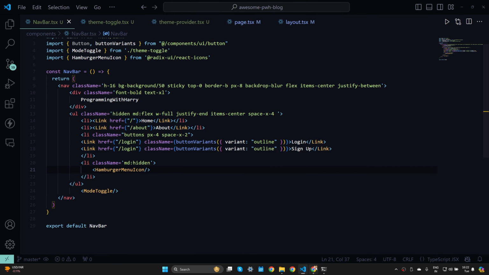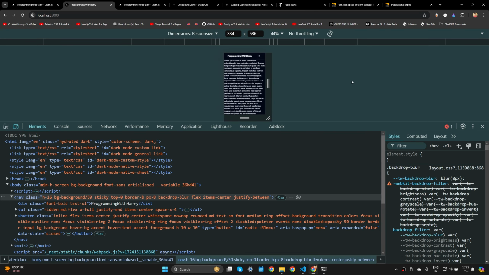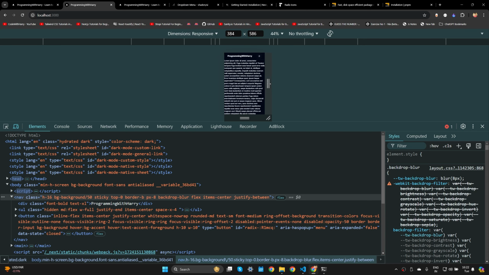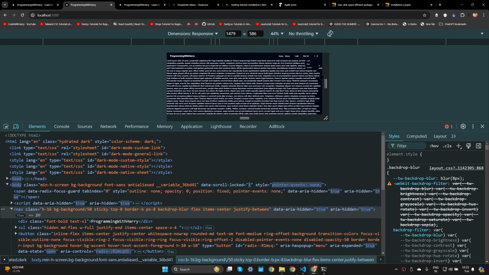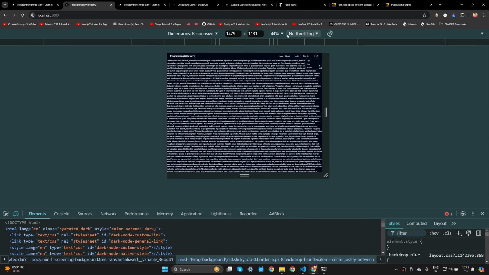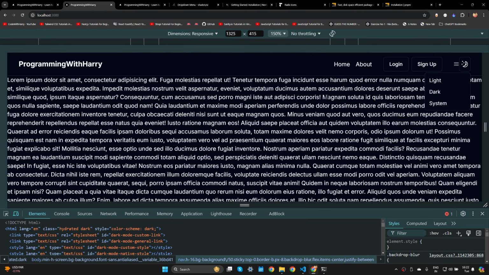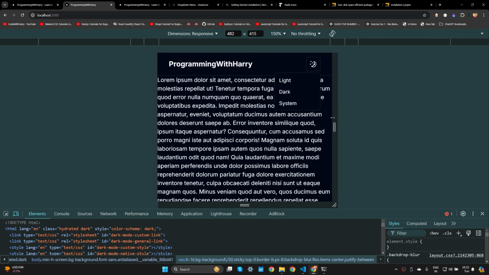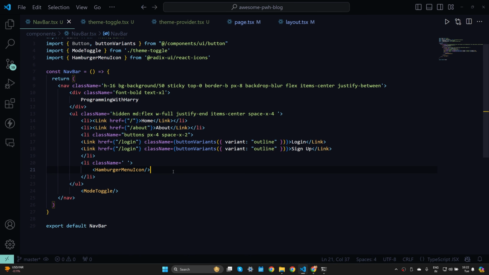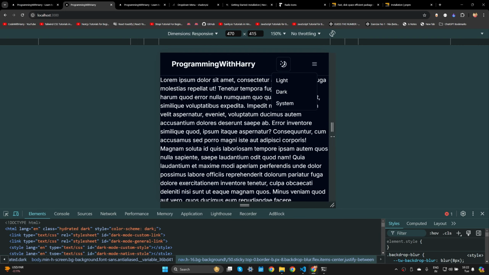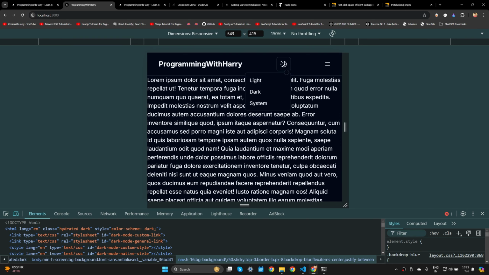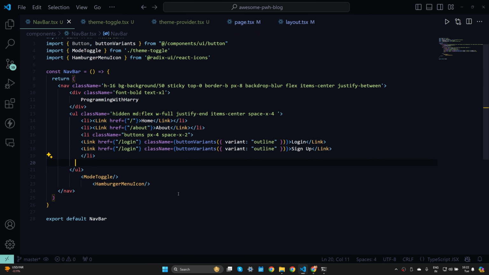But why? Okay, so MD is hidden, but let me remove this MD hidden from here first of all. And let's see if we get to see the icon. Yes, we get to see the icon, but it is not visible after a certain point. So I'll have to add this somewhere here. I think I should add it somewhere here. Yeah, it works, but again, it doesn't look good at this point